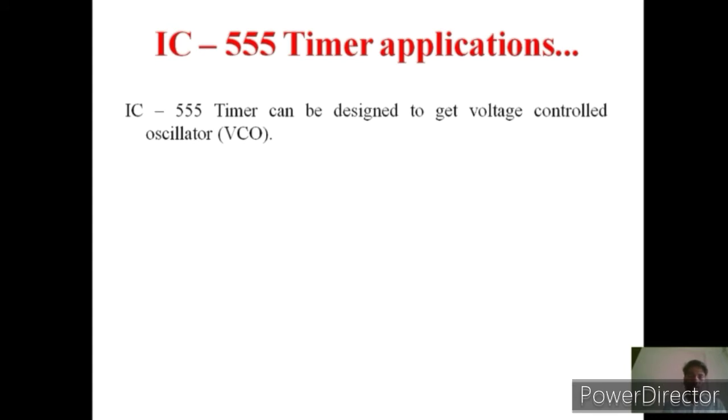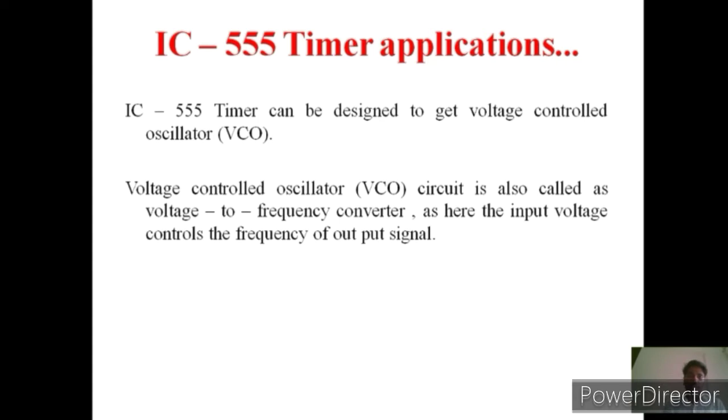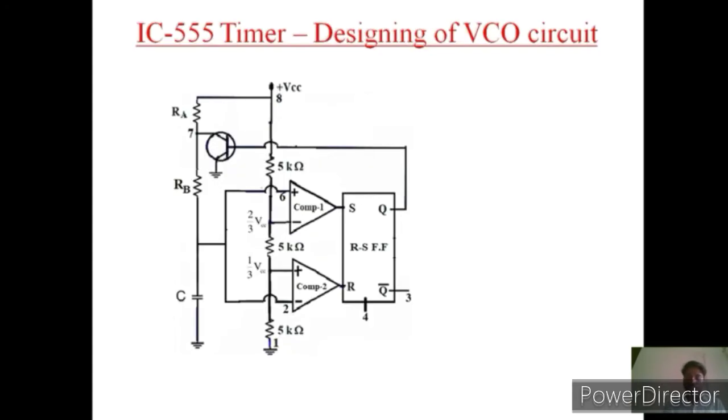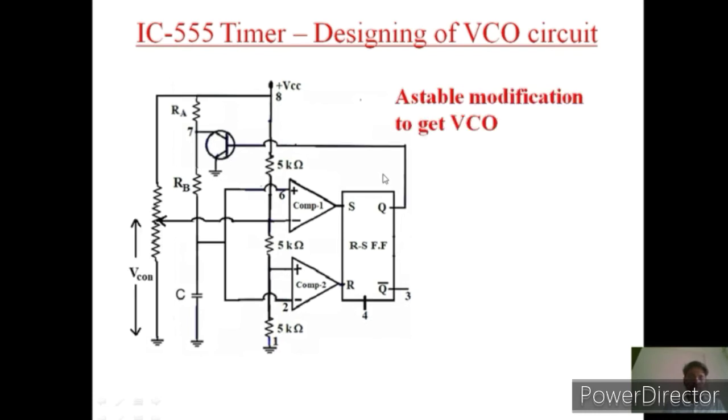Now the voltage control oscillator is the circuit where input voltage controls the frequency of the output signal. Let us see how 555 timer astable can be modified to get VCO operation. So this is the circuit diagram of 555 timer in the astable mode. So if we just connect another variable power supply, V control, to pin number 5, the circuit gets modified as